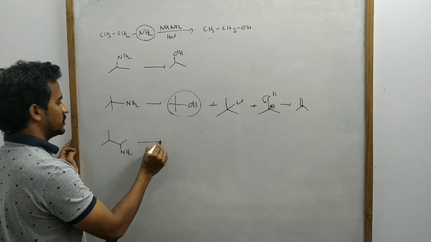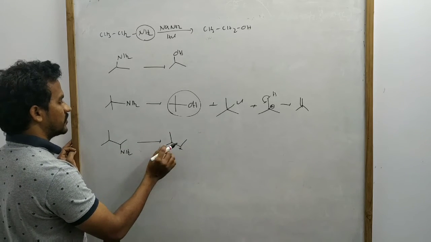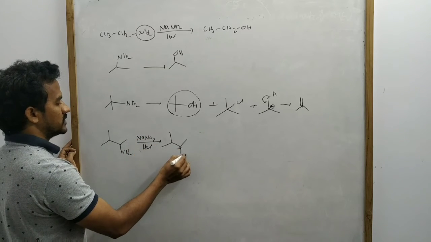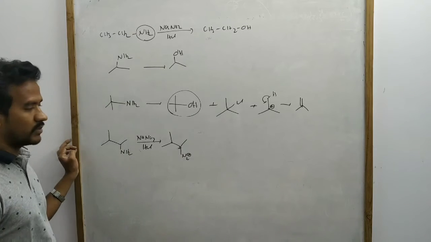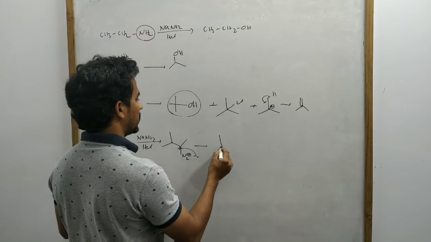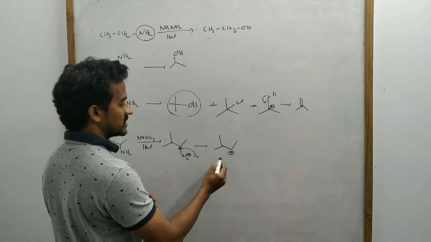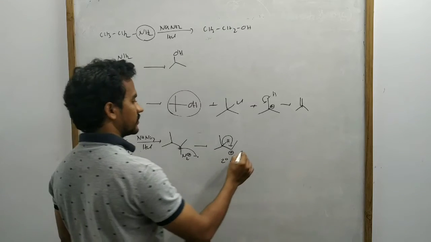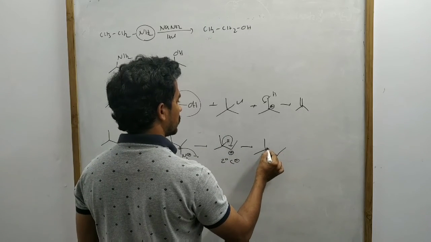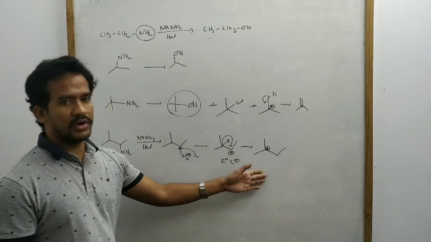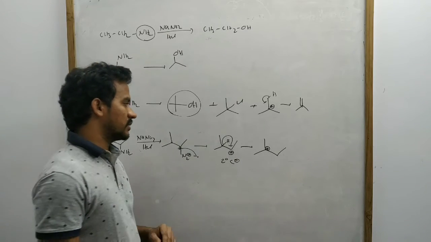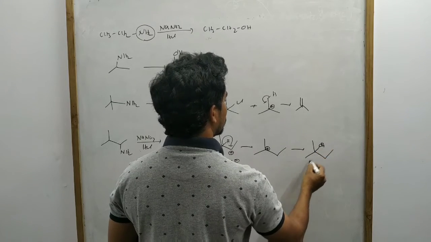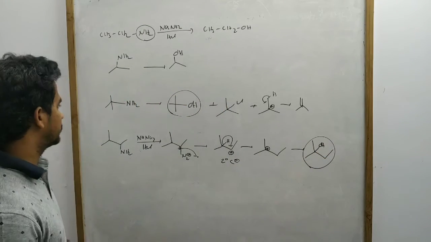See this one, NH2. In this case, first of all, carbocation is formed with NaNO2, HCl. NH2 is converted to N2 plus. So on leaving of N2 plus, we will get the carbocation as a reaction intermediate. It is a secondary carbocation. Here, by hydride migration, we will get the tertiary carbocation. Tertiary carbocation is more stable than the secondary carbocation, so rearrangement takes place. Now it is attacked by the water molecule followed by deprotonation. So this is the major product. Okay, rearranged products are also formed.